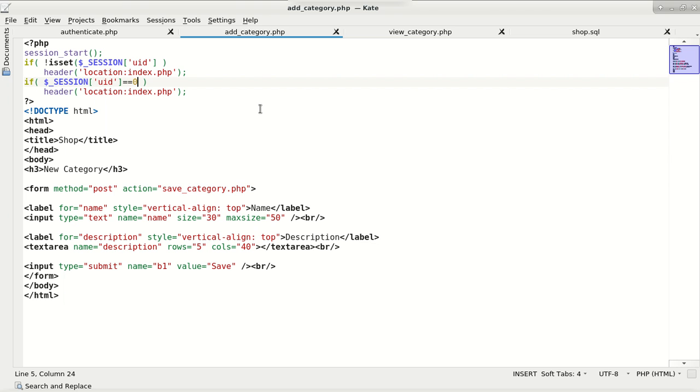First we have called session start to create or open a session. Then we have used the isSet function of PHP. The isSet function checks whether a variable exists or not. So the command written is: if not isSet $_SESSION UID. It means if the user ID variable does not exist in our session,